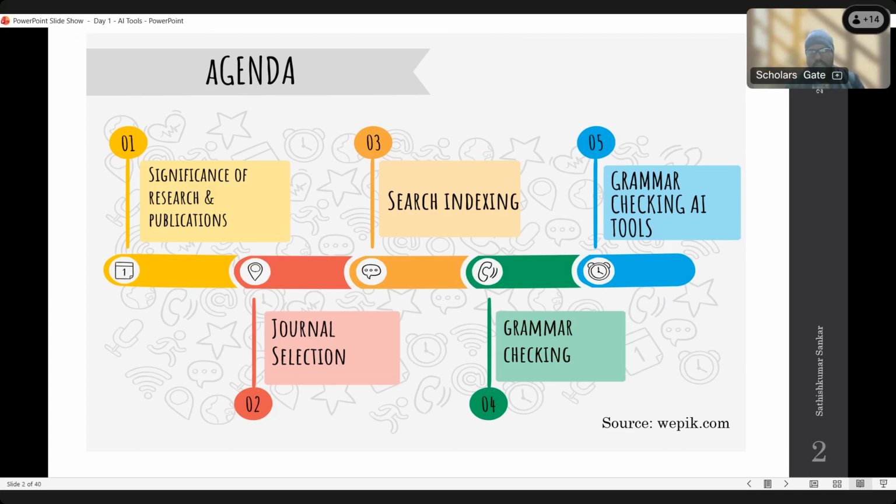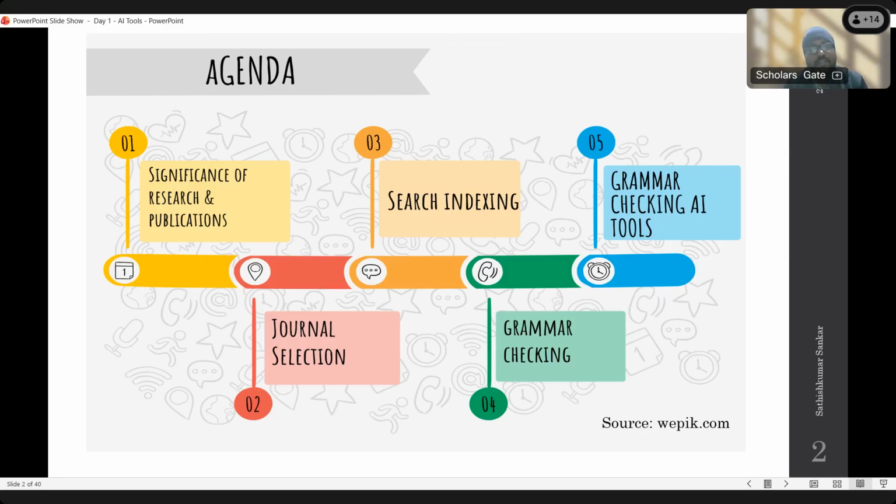Next, third, search indexing. As I already mentioned, there are different types of indexing. Generally, most institutes accept Scopus and Web of Science. Under Web of Science, there are different types of indexing. How do we know that a particular journal is indexed in that particular database or not?